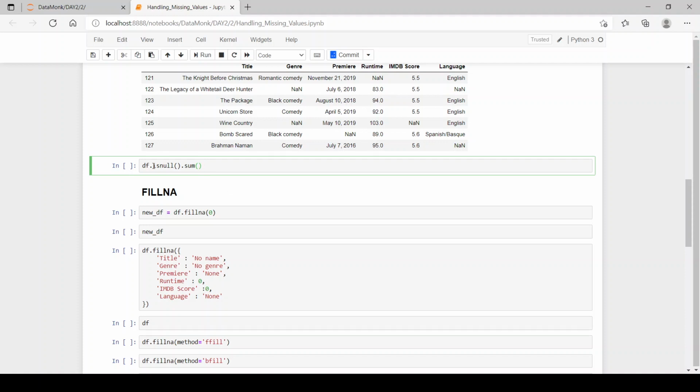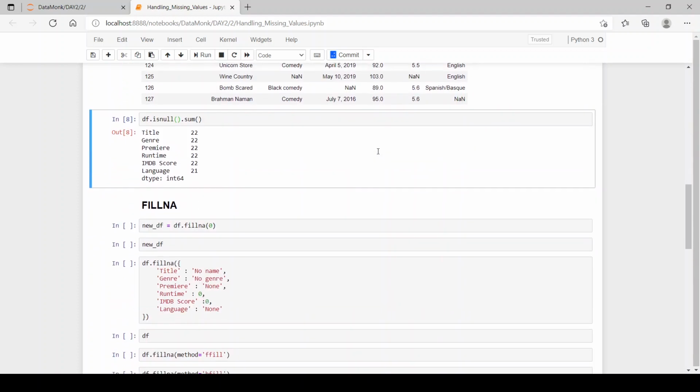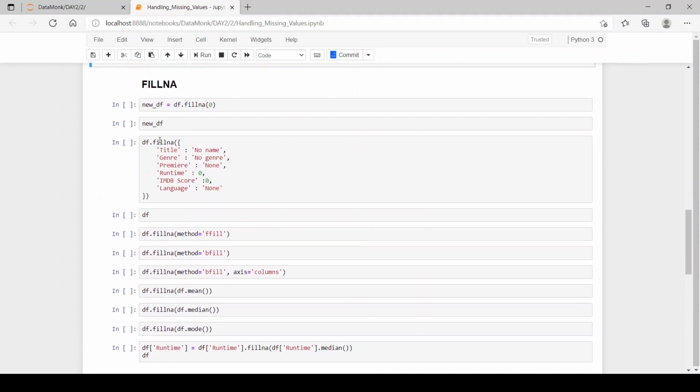This function df.isnull will check the null values and .sum will sum up all the null values in a particular column, and we have 22, 22, 22 and 21 null values in each column of the data frame. So let's see how we can fill those NA values.